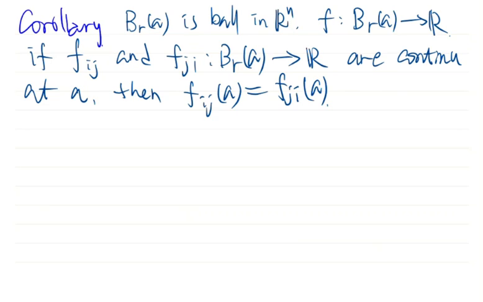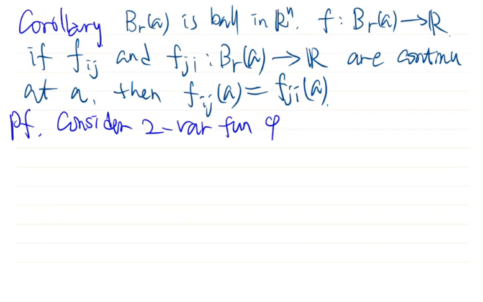Okay. So how to prove this corollary? As a corollary of the theorem, we need to transform the situation to the case where the theorem can be applied. So we need to construct two variable functions from this given n-variable function f. Okay, how to do this? We consider two variable function denoted by phi given by